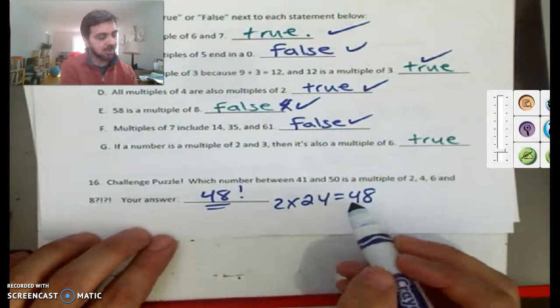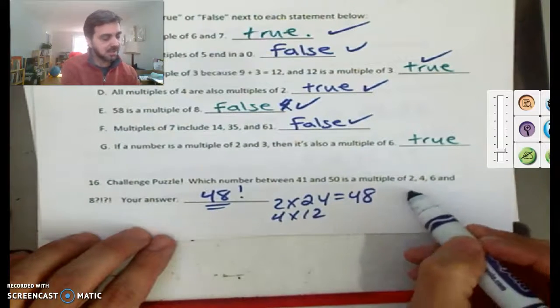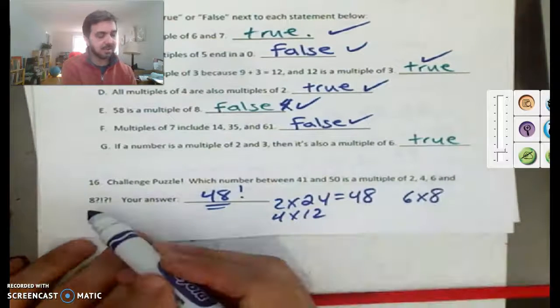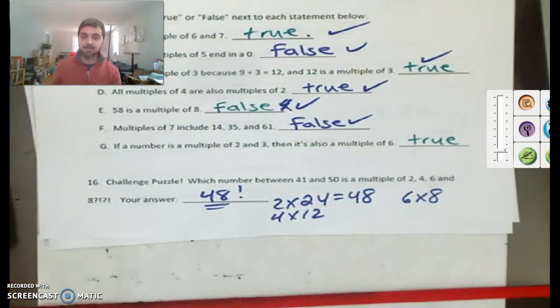It is a multiple of 4 because 4 times 12. It is a multiple of 6 because 6 times 8. And it's a multiple of 8 because 6 times 8. Okay? All right, so let's get into our next